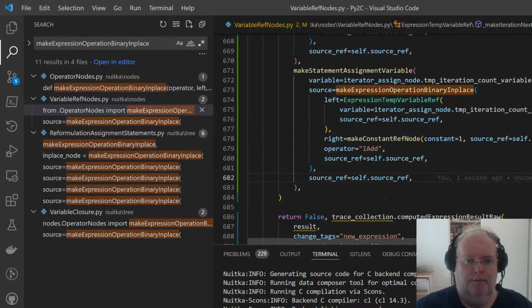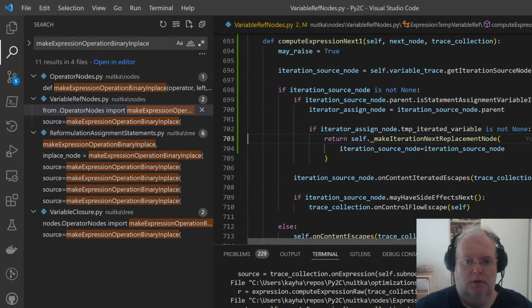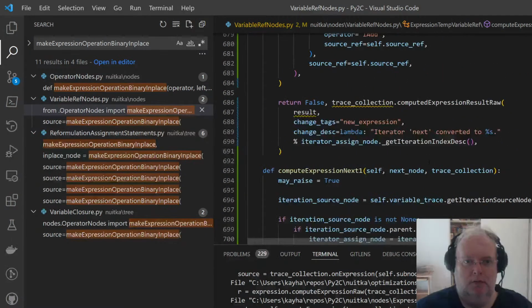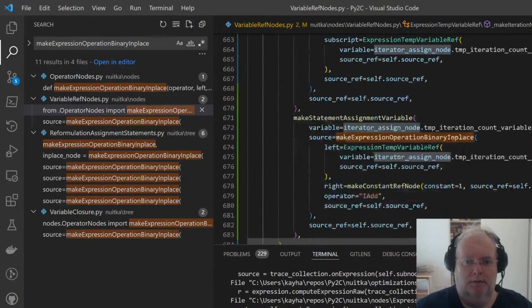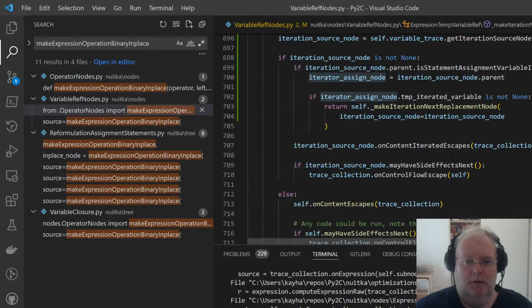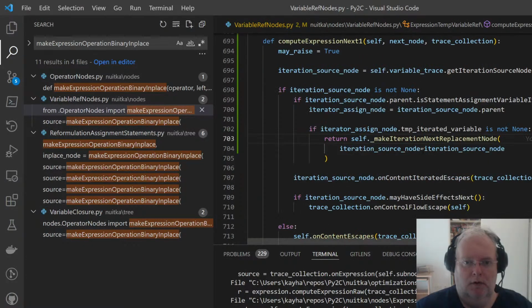Iteration source node. What? Where is it? I thought I had iteration assign node. Yeah, that's okay. Keyword arguments to the rescue.